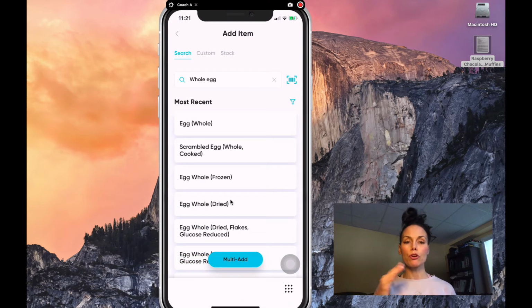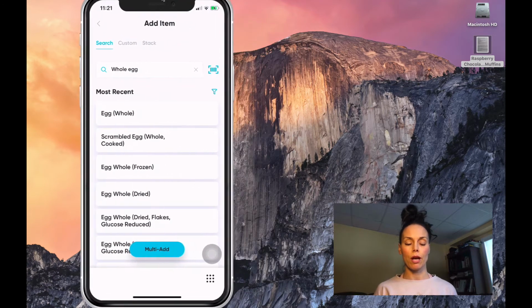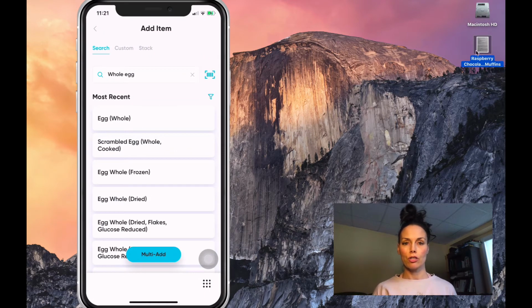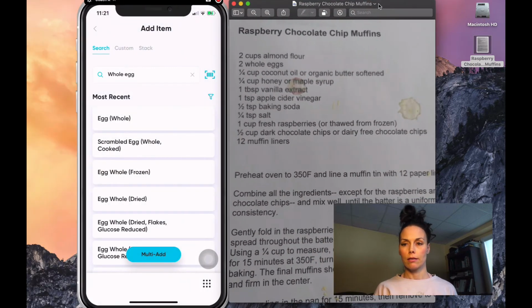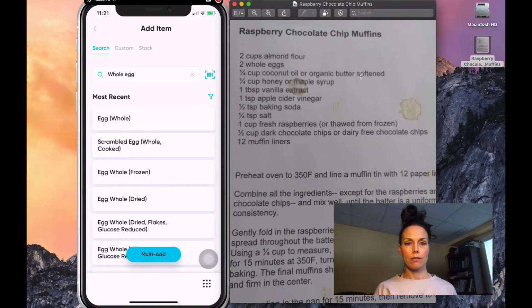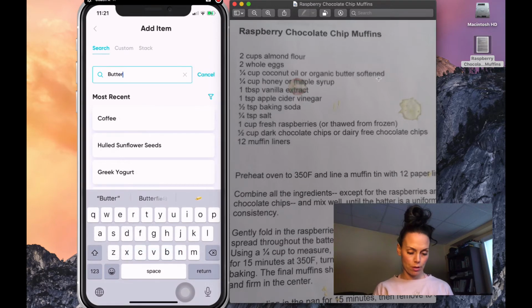Awesome. So I'm just going to go through each of the individual recipe ingredients here. I'll show you the recipe on the side. Here's the recipe. So the next one is